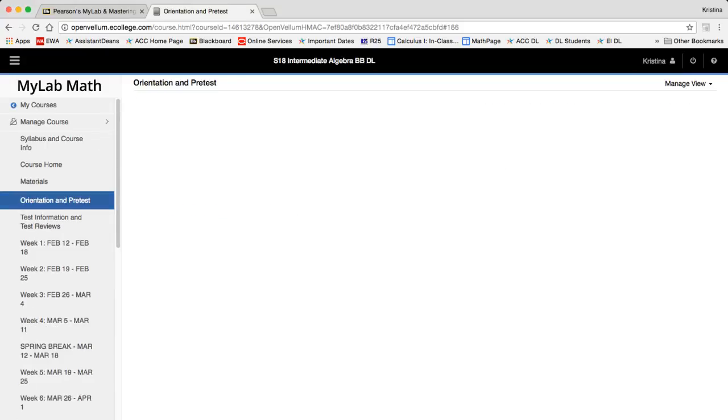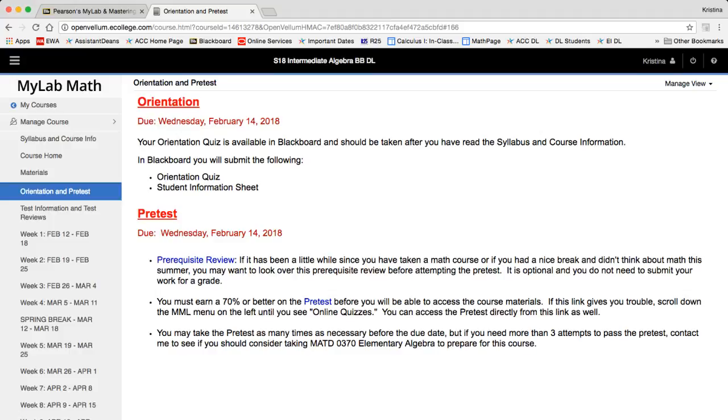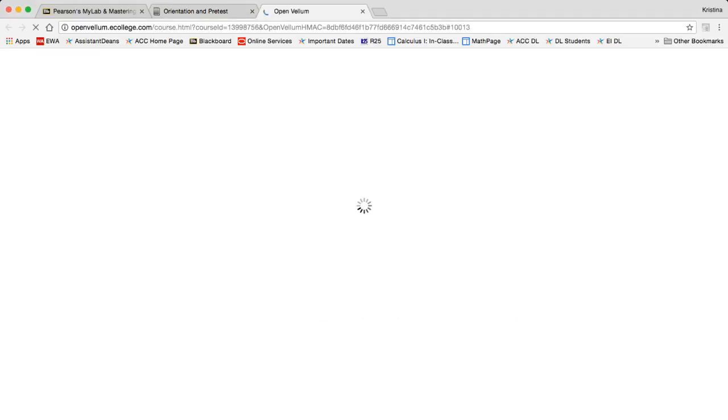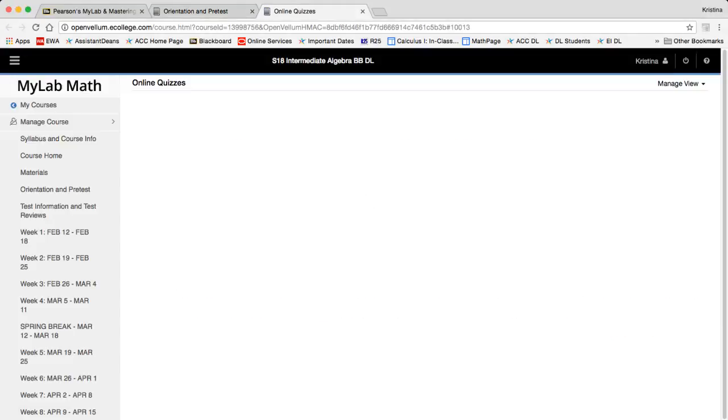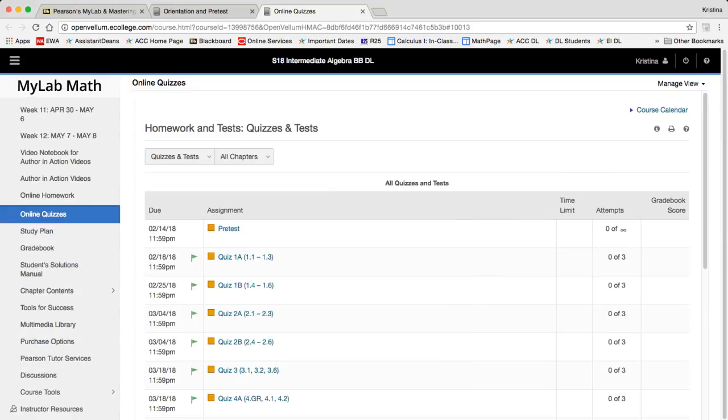But here's the orientation and pretest. So again, it tells you here that your orientation quiz and student information sheet are in Blackboard, another link to the prerequisite review if you need some practice, and then the pretest. So if you click on pretest here, it's going to bring you to these quizzes. You're going to click on the pretest again,